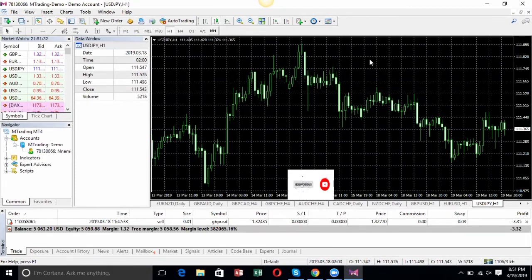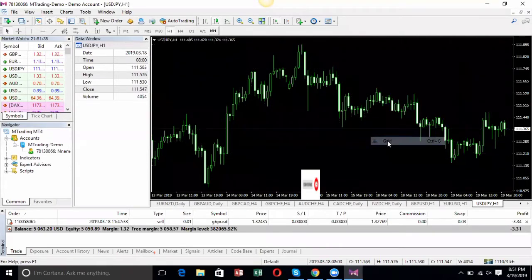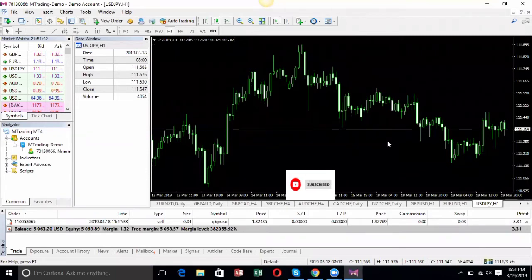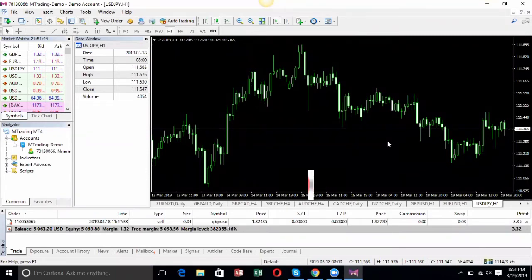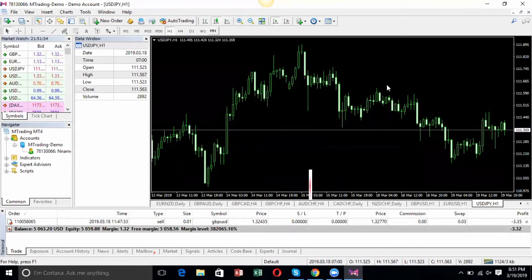To remove it, I right click and remove the grid. Can you see how the chart looks? It looks smooth. If I like it this way, and I want all my charts to always be smooth, without grid,